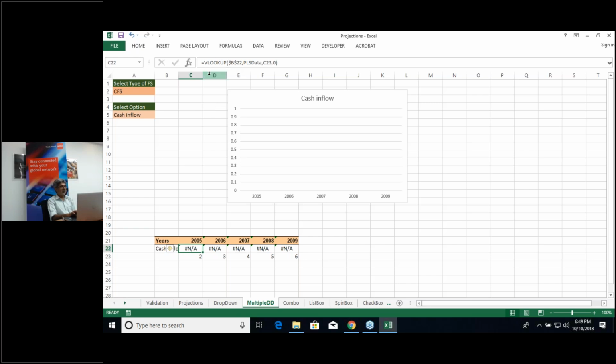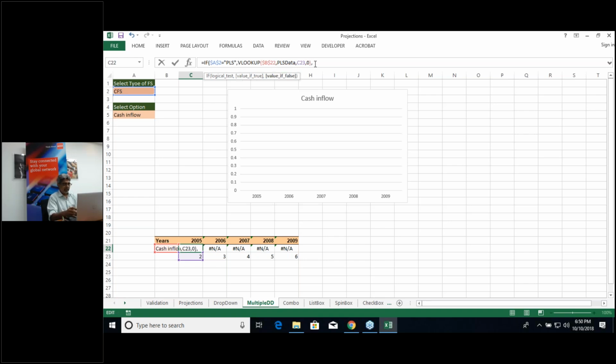So what we need to do is put the IF function once again, the same type of function that we have used in the data validation. So if in this cell, shift, what's wrong, it's not working. In this cell, okay, if in this cell the value is equal to PLS, then we will be using this formula,